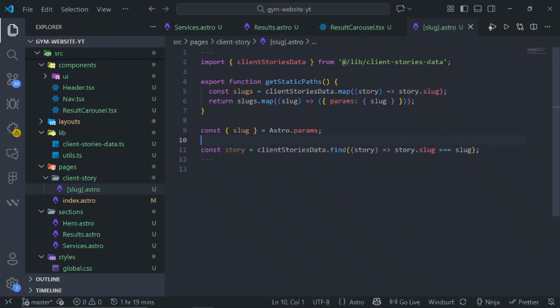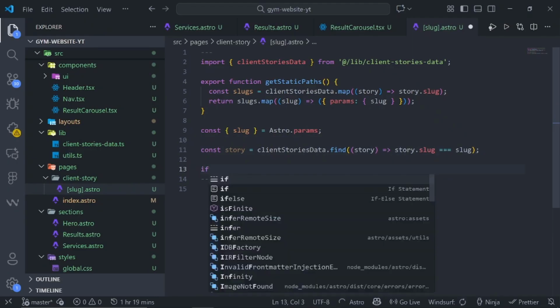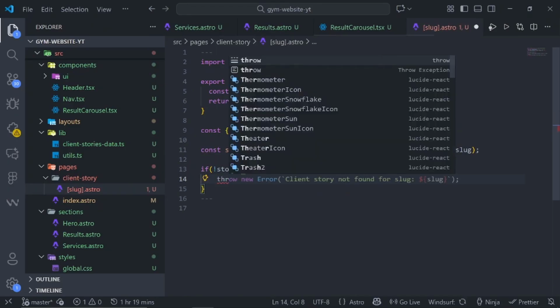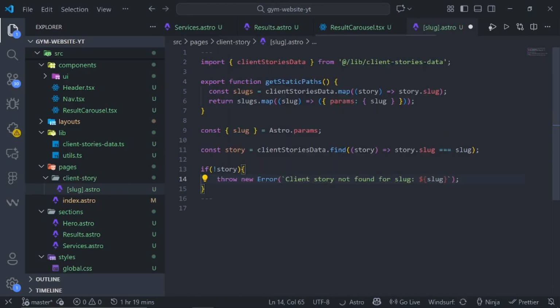So when we click on any story, we want to check if it matches whatever slug that we are currently on. So if it doesn't match, let's just throw an error. We'll say if there's no story, so we can just say throw new Error. I'm just going to tab this because we don't really care much about writing this. So I will save, and what I'll do next is just to render